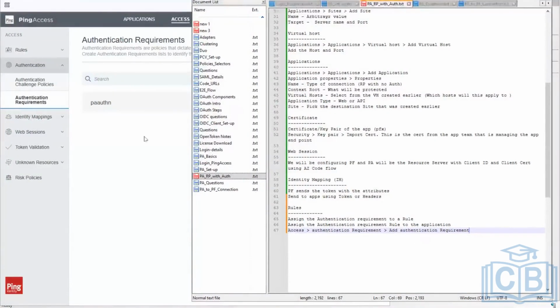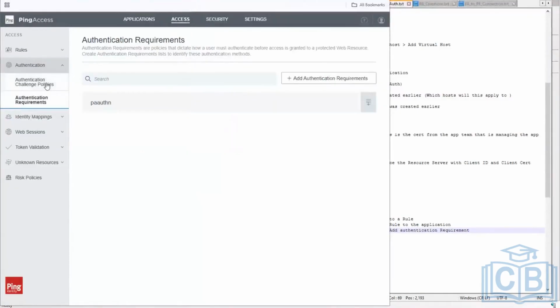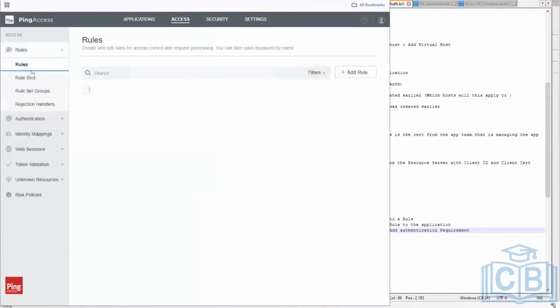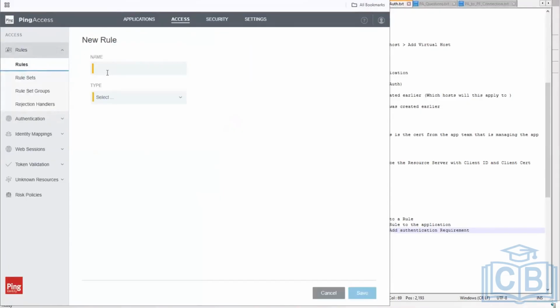Now let's create a rule on the left-hand side. What is that? Pyothian underscore rule. You can put